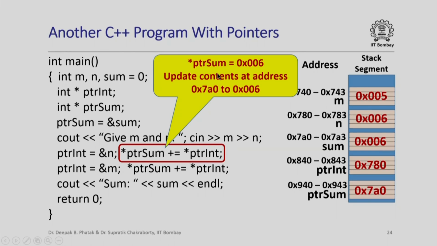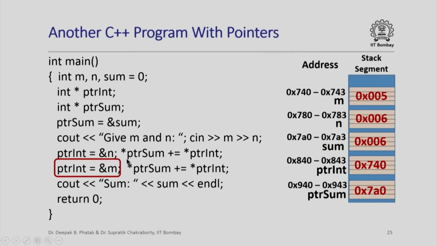So we have to update the contents of the memory location whose address is given by the value of pointer sum, which is hex 7A0. So we have to update the contents at address hex 7A0 to hex 006, and that is what we have done over here. Now similarly for the next statement, when we execute it, we get the address of m in